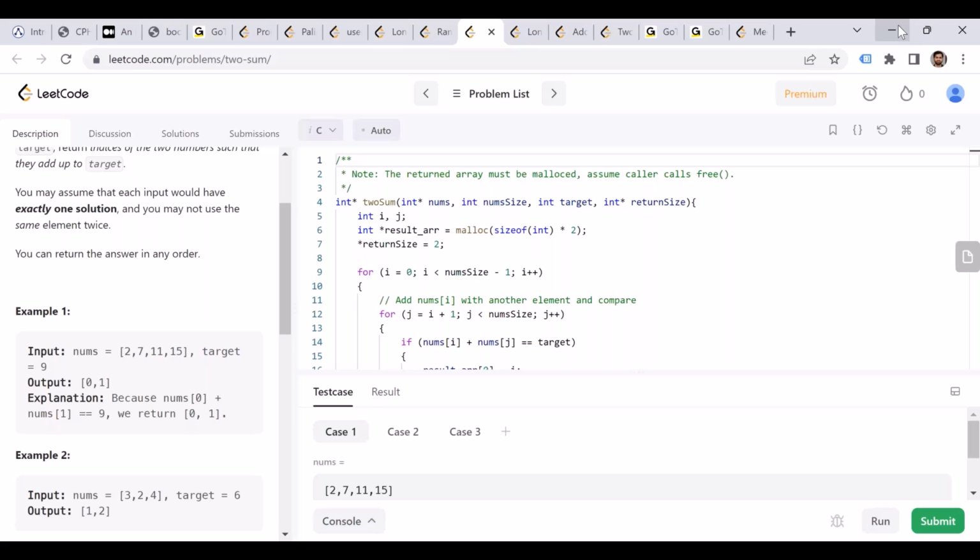So I hope my screen is visible. Again, it shows. const